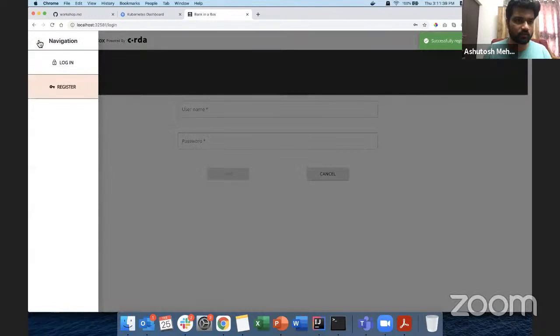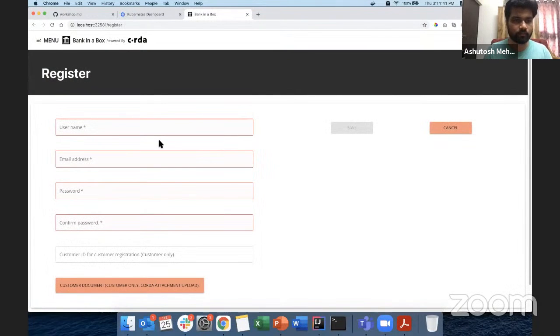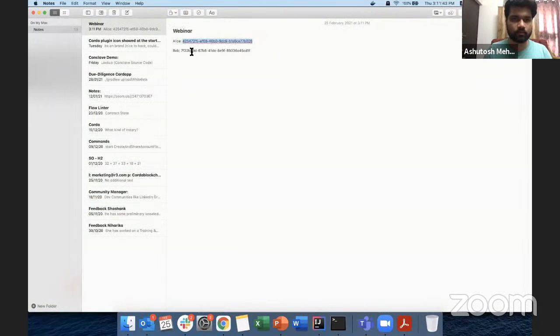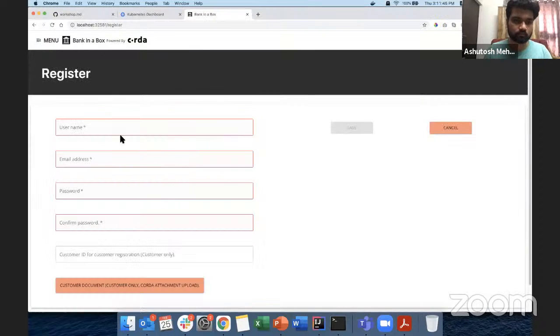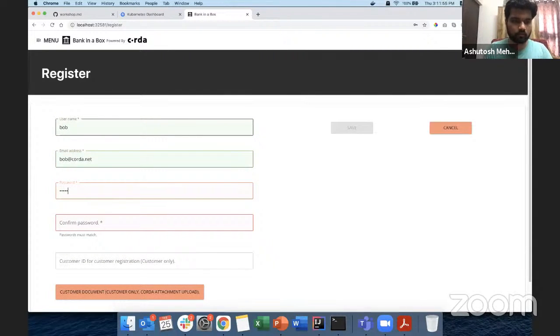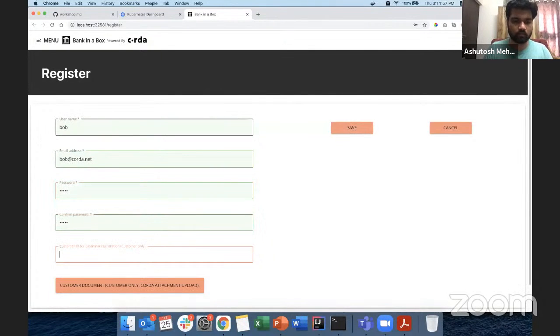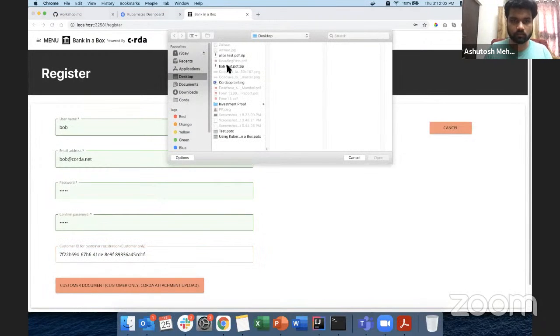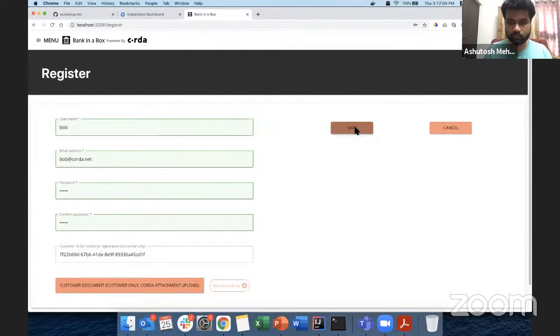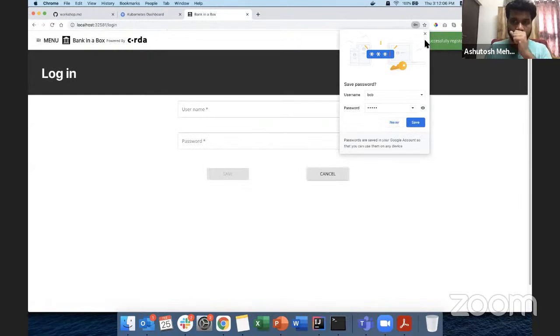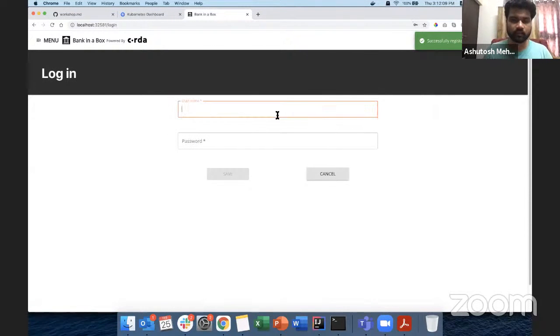Before I log in, let me go ahead and register the other user as well, which is Bob. Corda.net, password, the same attachment which we used. And that's it. Now, if I try to log in,